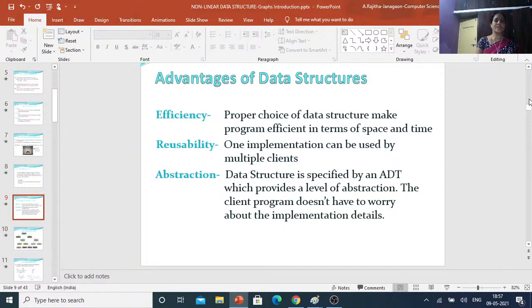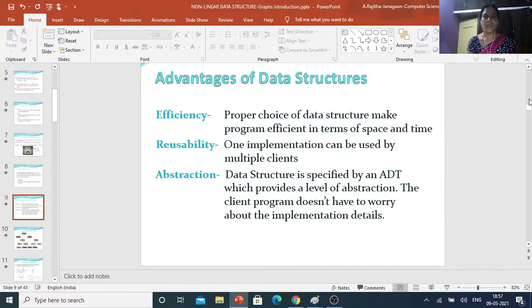Now these are the advantages of data structures: efficiency, reusability and abstraction. The first one is efficiency. Proper choice of data structure makes the program efficient in terms of space and time.